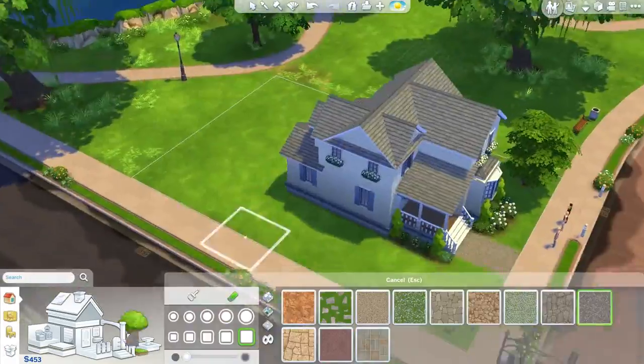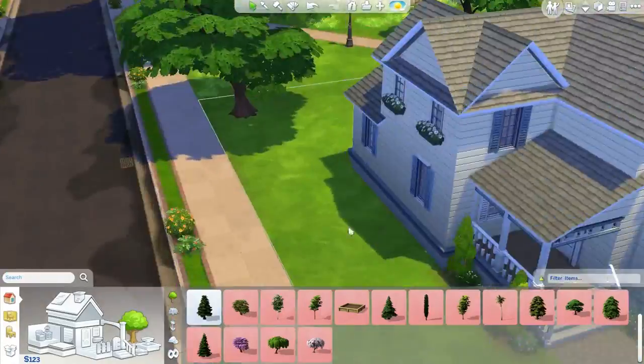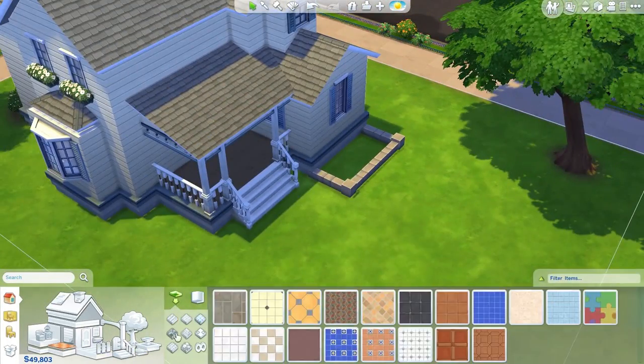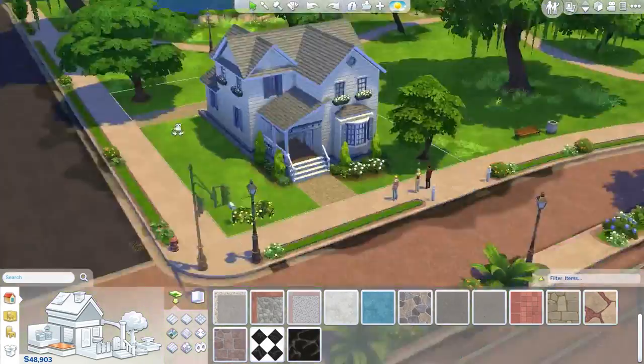But with The Sims 4, I feel like the lighting looks better and the surroundings are much nicer looking, and things just look nicer, so it's not necessary to really have as much landscaping to make things look good, I feel. At this point, I'm moving on to landscaping the backyard, and I decided to change the paths